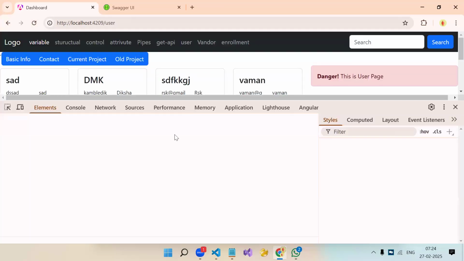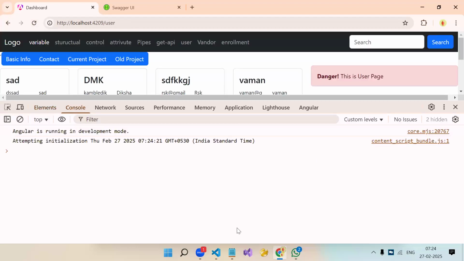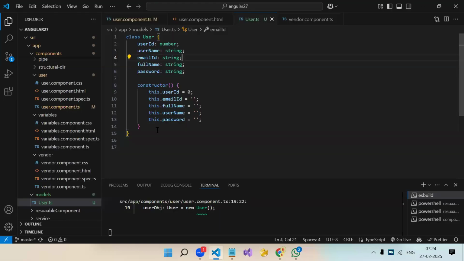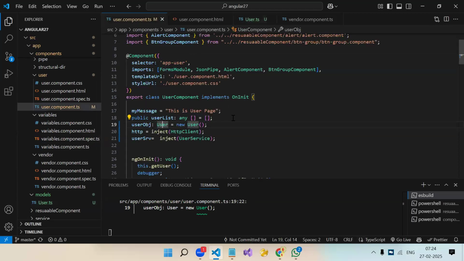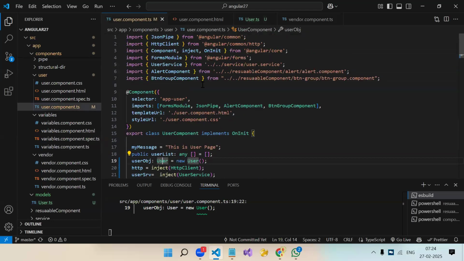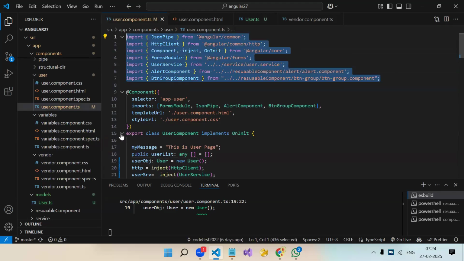No, we are not getting an error. How come? See, here we created a class. This class is inside another file, and we are using this class in another file, right? Where we have the import of it. Import is also not there. Then how is it accessing?